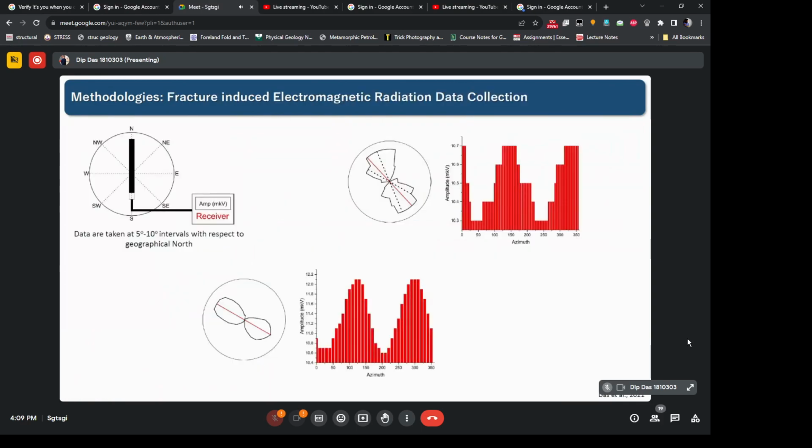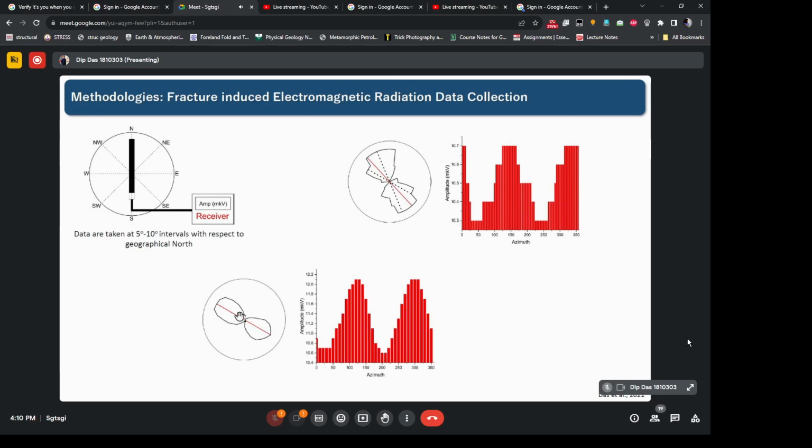Now what I did, I put the antenna horizontally and reoriented it with the geographical north. Then at every 5 to 10 degree interval, I measured the EMR pulses. Based on the mode of fracturing, these two kinds of polar diagram can be observed. For the shear fracture, we will see bidirectional lobes, and the acute bisectrix of that gives the SHmax orientation, whereas for a mode 1 fracture, this is